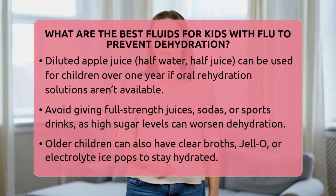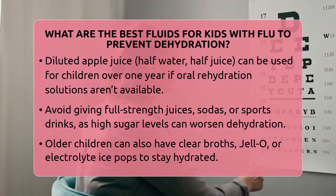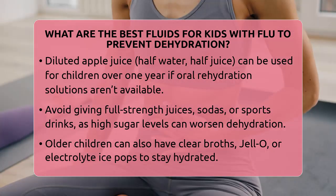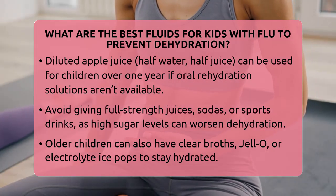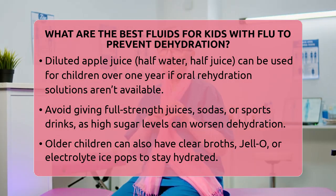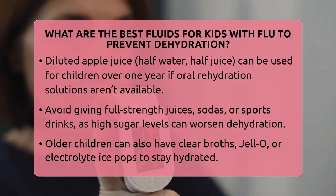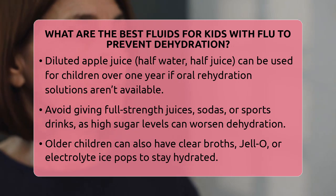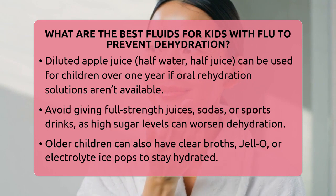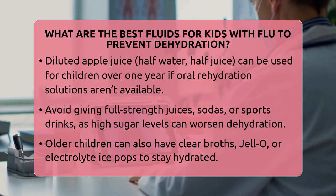If a child vomits, wait about 30 to 60 minutes before offering small amounts of fluid again. Do not force them to drink if they are sleeping comfortably or seem unwilling. Keep track of how much they are drinking, especially if vomiting or diarrhea continues. For infants, continue breastfeeding or formula feeding, and consider adding oral rehydration solutions if advised by your healthcare provider. For older children, offering a variety of fluids can encourage them to drink more, but prioritize oral rehydration solutions if